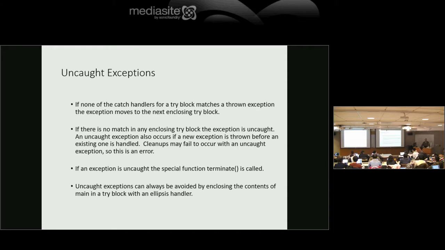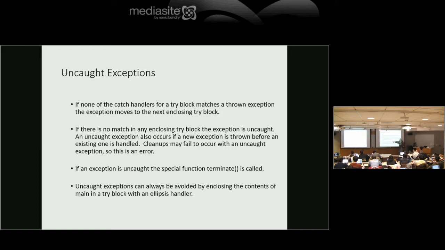Uncaught exceptions. If none of the catch handlers for a try block matches a thrown exception, the exception moves to the next enclosing try block. If there's no match in any enclosing try block, the exception is uncaught. An uncaught exception also occurs if a new exception is thrown before an existing one is handled. Cleanups may fail to occur with that uncaught exception.